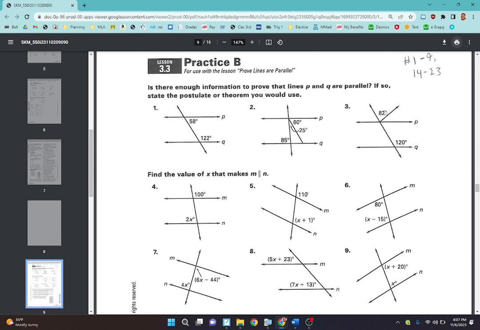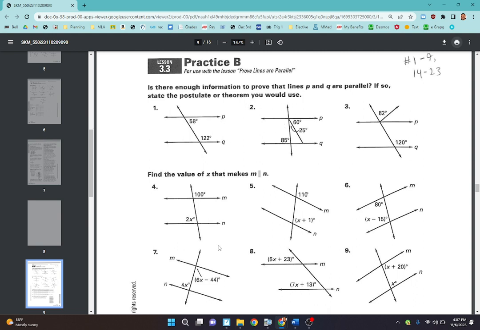A little quieter, please. 85 with 85 is 170. What? 85 plus 85 is 170. They're not supposed to be supplementary. They're equal to each other. They're congruent. It's alternate interior, so they're not parallel. They are parallel because they're alternate interior, which is congruent. So how would it not be? If it was over here, it would not be parallel. So number one, they're on the same side and they're